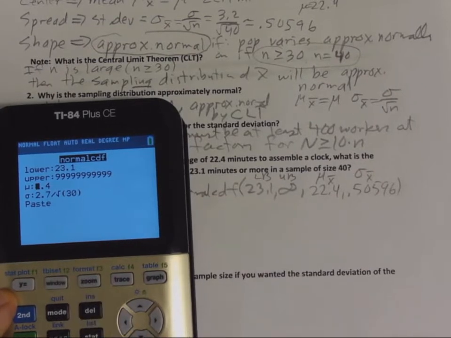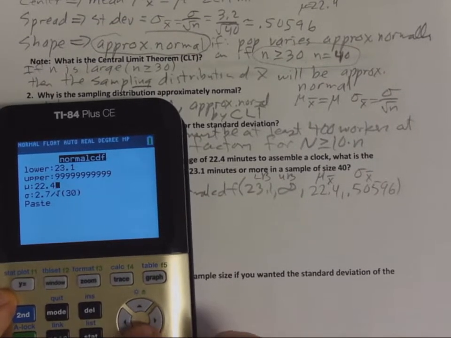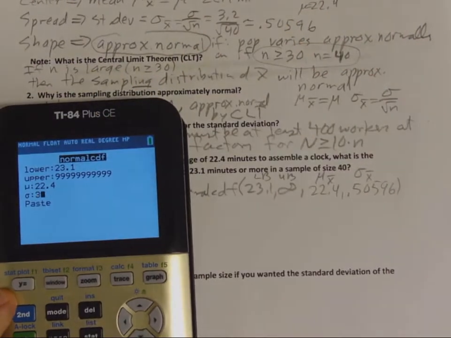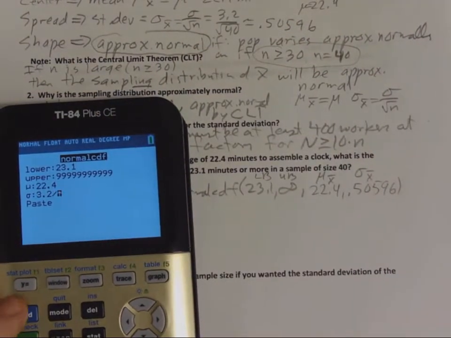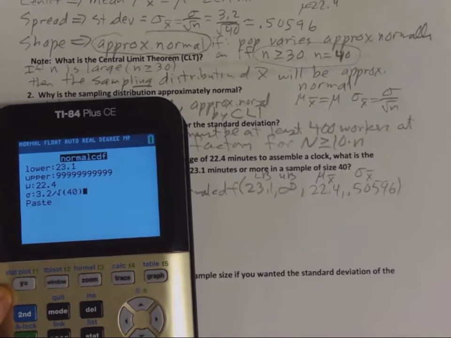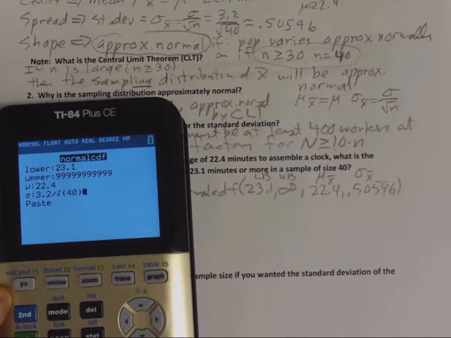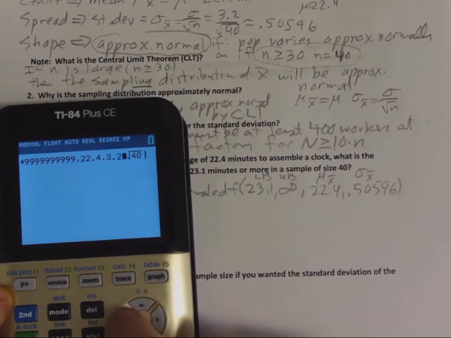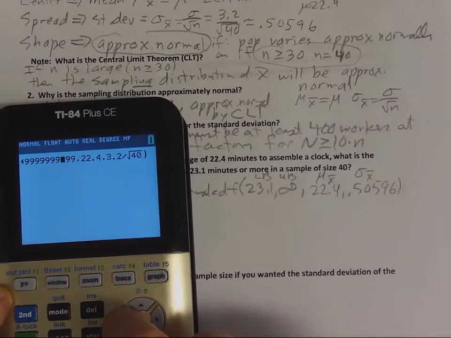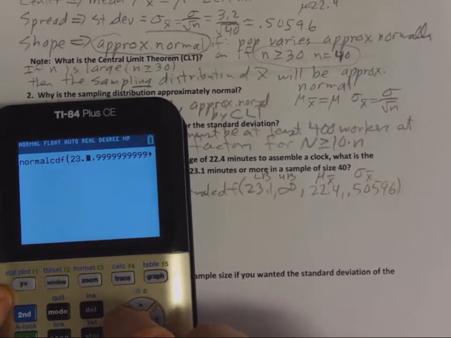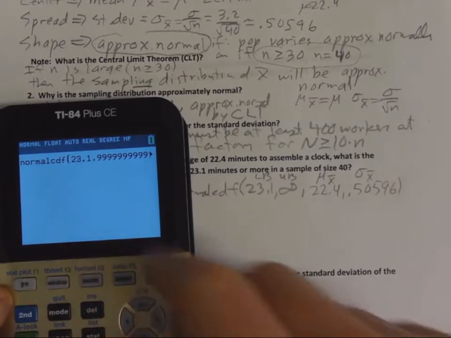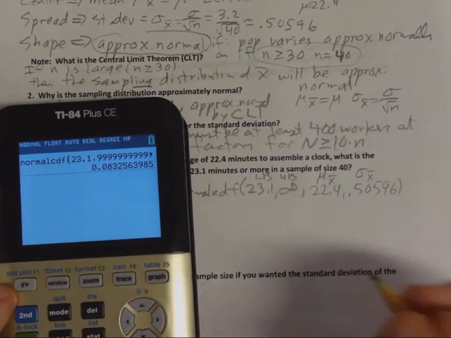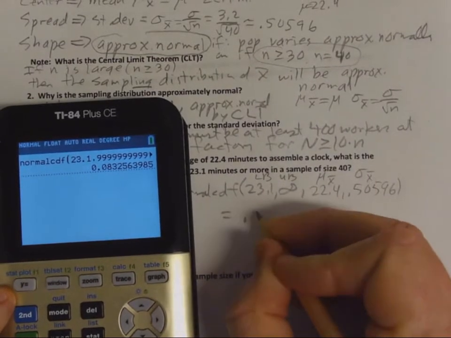And then our mean is 22.4, and our standard deviation, and I like having the somewhat exact number, it's going to be 3.2 divided by the square root of 40. I do believe that's right. Yes. So there you go. Now, many calculators will just immediately take you to this screen. They won't have that last screen we just had where you could enter each of the little parameters, but just take you right here, and you have to enter those numbers like that. But anyway, so the number we get is